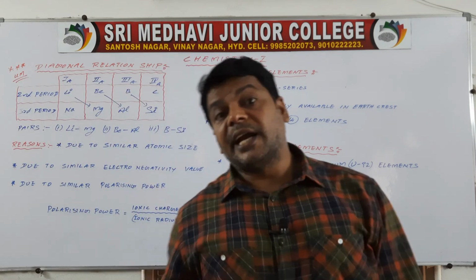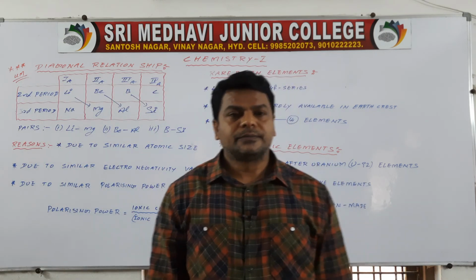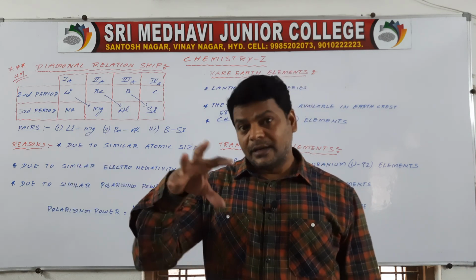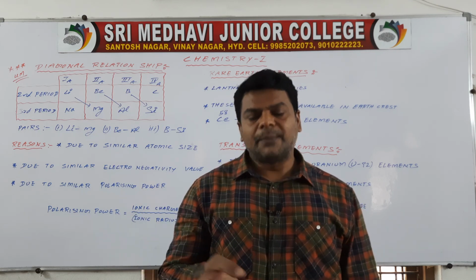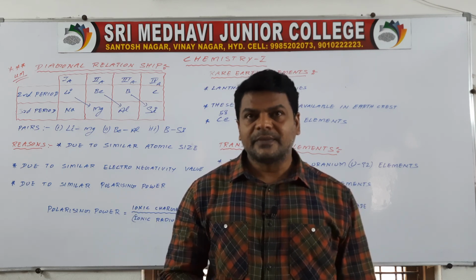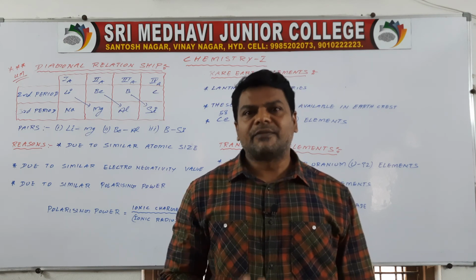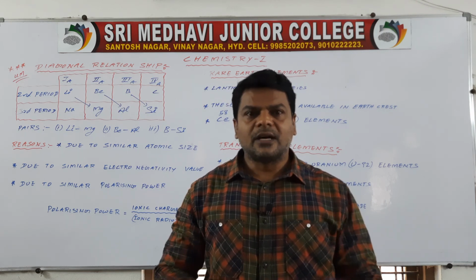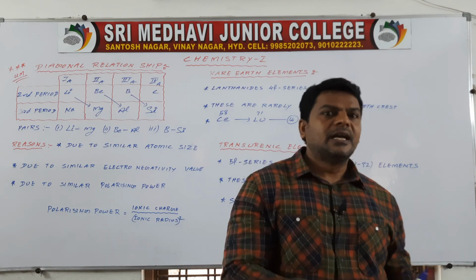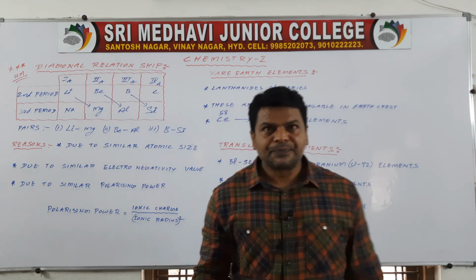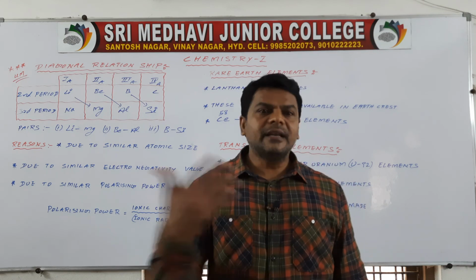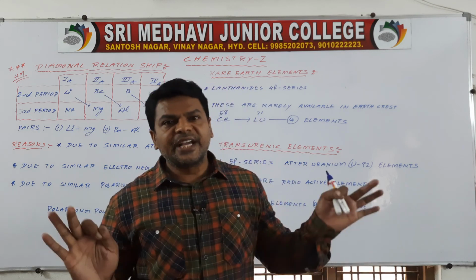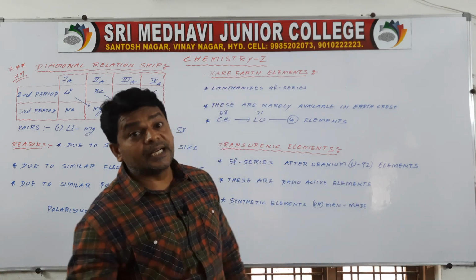Next, typical properties. I already told you in transition elements, classification of elements based on electronic configuration. I told you typical properties are characteristics of transition elements, meaning variable oxidation states, ligand forming ability, next colored compounds formation, complex compounds formation, all these. So in this chapter you have to read first long answers, then go for shorts and then very shorts. Okay, this is briefly about the periodic table. Over.